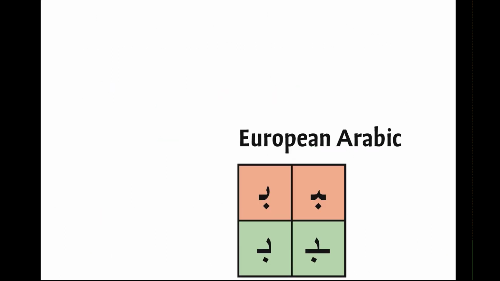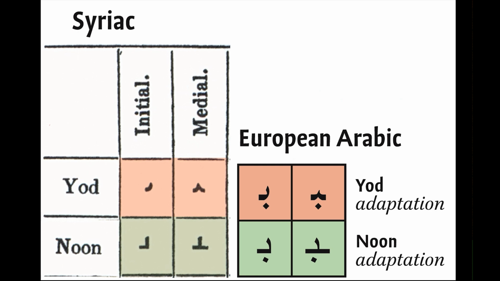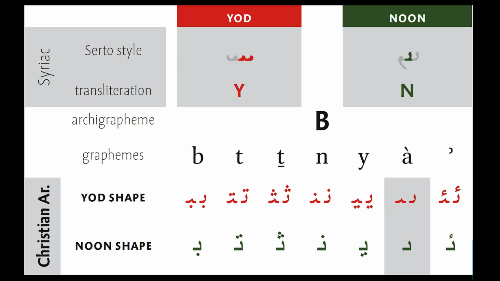And that reminded me of something that you see in Syriac, and particularly the Serto style. And I came to the conclusion that this could very well have been influenced by Syriac script. I'm not saying that this is the truth, and this is also why I'm bringing this as a plea for scholarship in support of typography. It's a nice challenge for scholars to see if I'm right here. I see a yod adaptation in Arabic and a noon adaptation, where the model is the Syriac letter noon and the Syriac letter yod, which means that a sequence of, here is an overview of how it spreads over the Arabic